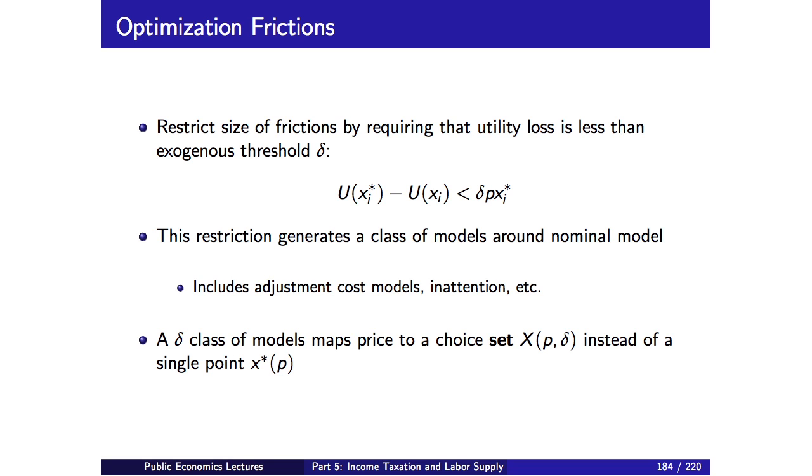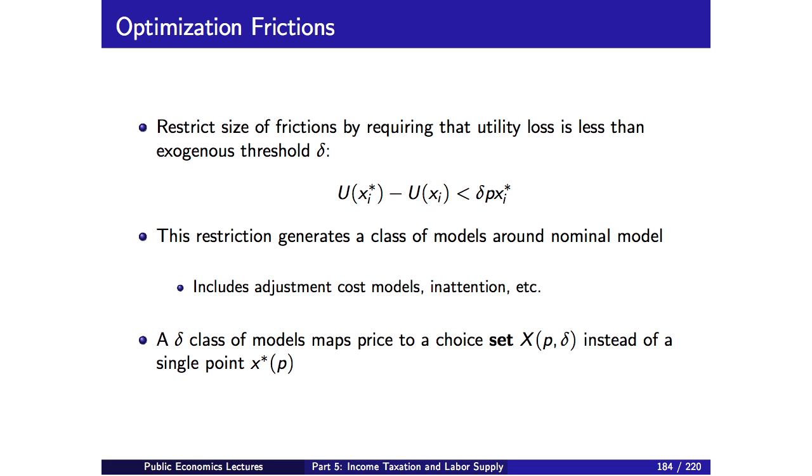So if we're talking about different types of problems, like choosing labor supply or choosing consumption of a car, it's hard to think about, should I allow a friction of $50, $1,000, $20,000? It's a little bit easier, I think, to say 1% of the expenditure on the good, 5%. But like I say, that's just a scaling. I'm not, in the results, actually taking advantage of this proportionality. That's not important for what I'm doing. You could just have a number there, and you would get formulas in terms of that number. But then you'd have to have an intuition about how big that number is.